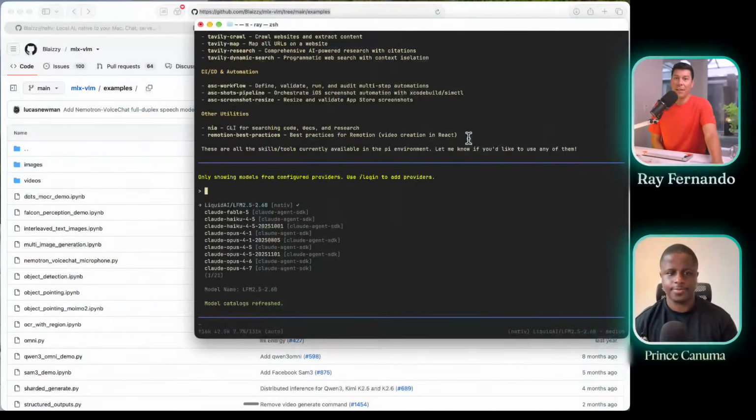That's so amazing. And you can see when you select it, like for me in Pi, I can see the model if I do slash model. Somebody was asking, is this supported in Atomic? And it is, because Atomic is a fork of Pi. So if I do the same thing here,